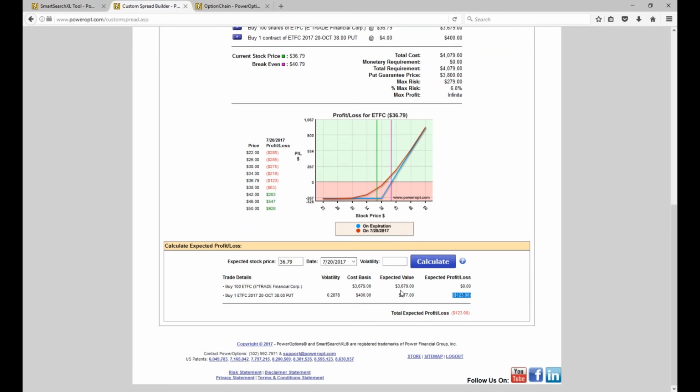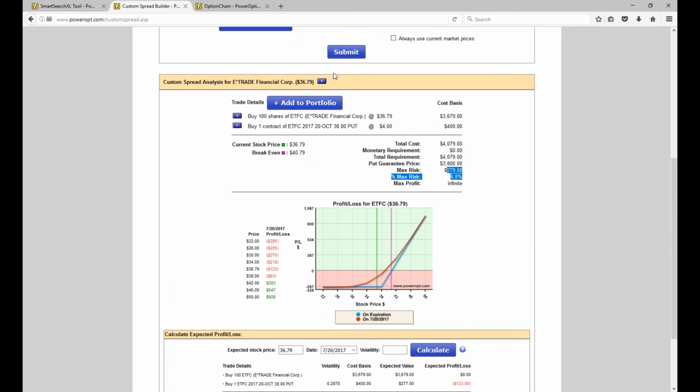But by the way, at this point I could sell to close the stock at $36.79, sell to close the put for $2.77, so I'd lose $1.23. That's less than half of my maximum risk, and the stock hasn't done anything for me, and I'm still near expiration. I only lose 3% on it. But of course, by that time, I probably would have done another adjustment in this case, in the first 20, 30 days when I first analyze it.